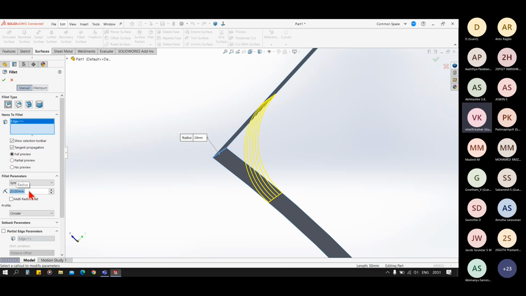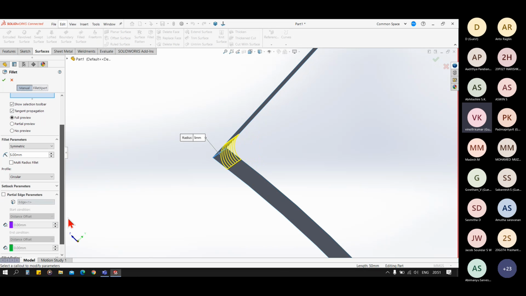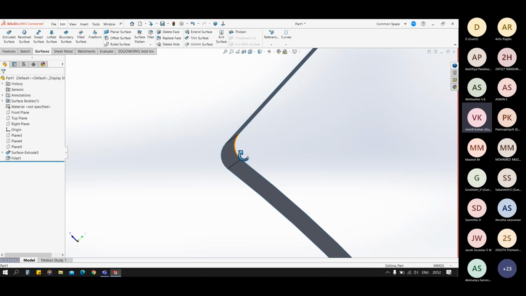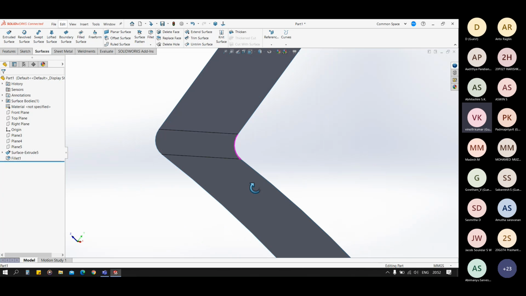Let's say 20. Let's say 5. You can change the profile of radial from circular to conic to curvature. The most used type is conic. Sorry, circular. Circular is most used. Okay. You can see we have added a fillet to the